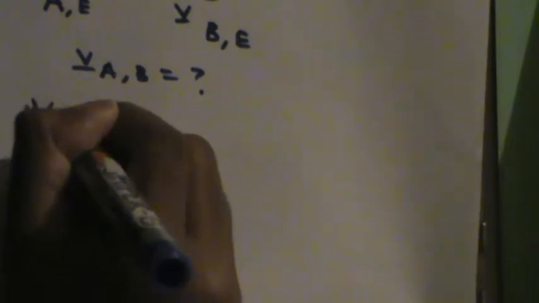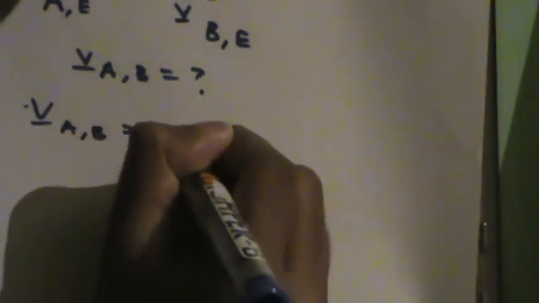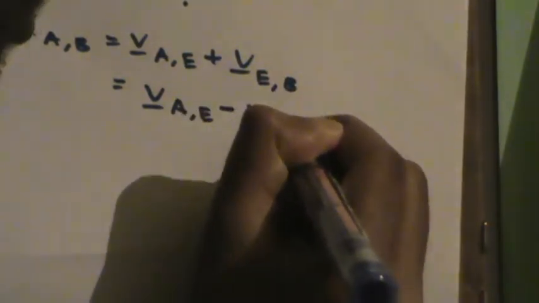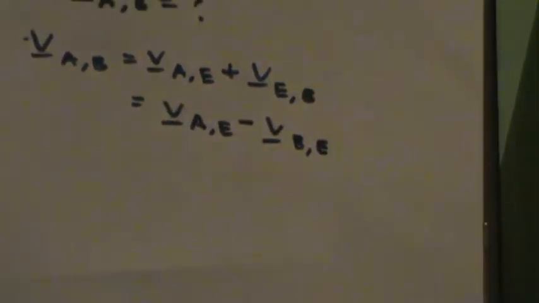From the general concept of relative motion, you can say the velocity of A relative to B is equal to the velocity of A relative to the earth plus the velocity of earth relative to B. By putting earth in the middle, we get A relative to earth plus earth relative to B equals A relative to B. Now you know that velocity is a vector, so you can change the direction. So this is equal to the velocity of A relative to the earth, minus the velocity of B relative to the earth.